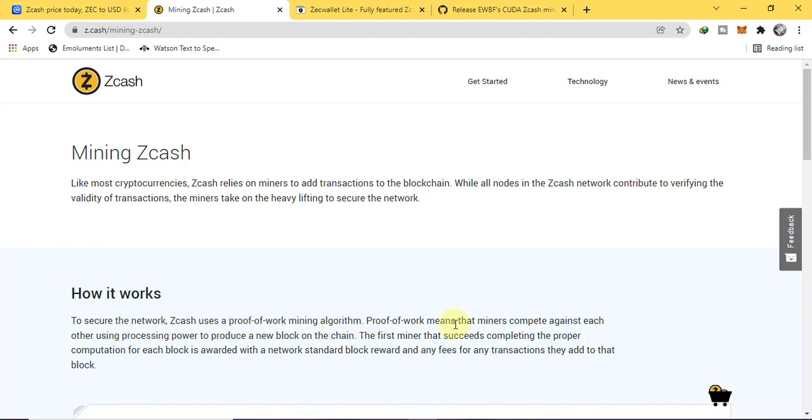Proof of work means that miners compete against each other using processing power to produce a new block on the chain. The more processing power you have, the more you will be rewarded. The first miner that succeeds in completing the proper computation for each block is awarded the network standard block reward and any fees for any transaction they add to that block.